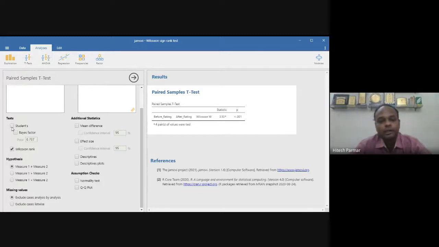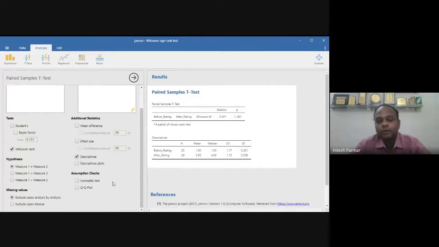And don't give a tick mark to this one. You can give a tick mark to descriptive. Now there is no need to check this normality. I hope you are able to get this option also. You have given the tick mark also.